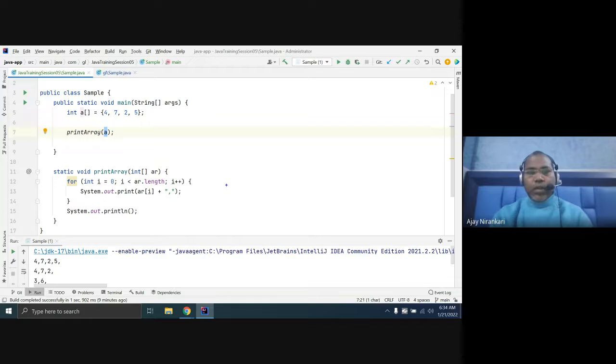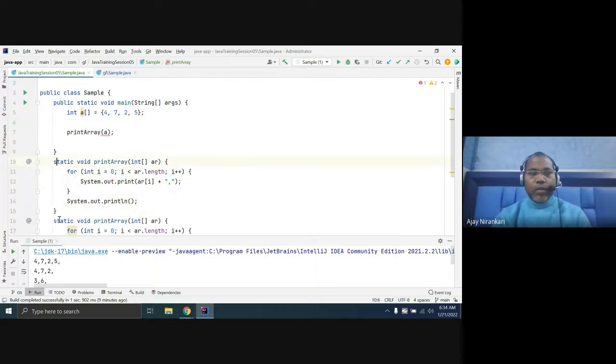So let us assume you are printing something, and let's say I call another method here, like update array value.